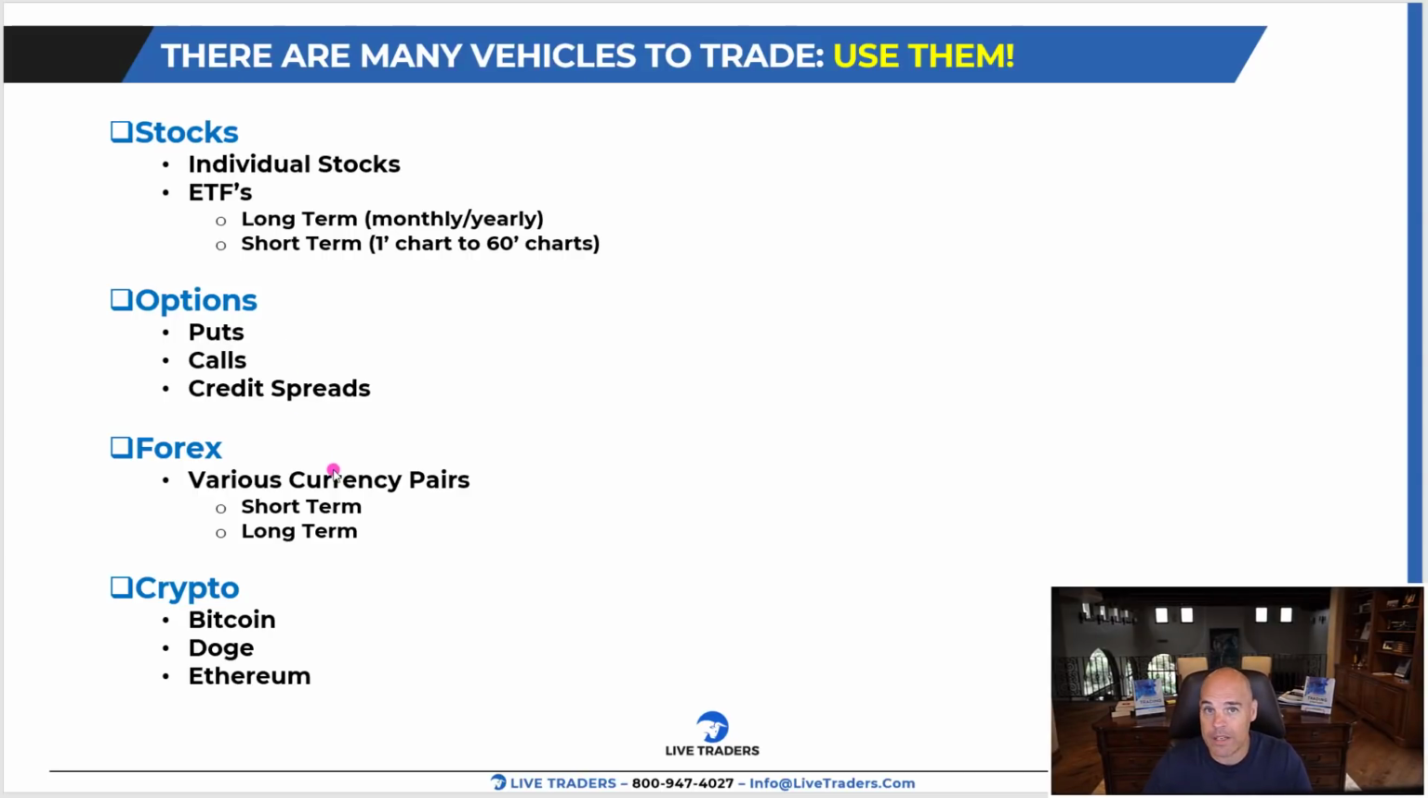Forex, I don't trade Forex at all, okay? But you have different currency pairs, again, short and long term, okay? Crypto, Bitcoin, Doge, Ethereum, there's tons of them out there. Litecoin, whatever, tons, all right? But the point is there's no reason to be stuck in one avenue, in one lane on the road. Algorand, that Unmol likes, okay? There's no reason to be stuck there, but,